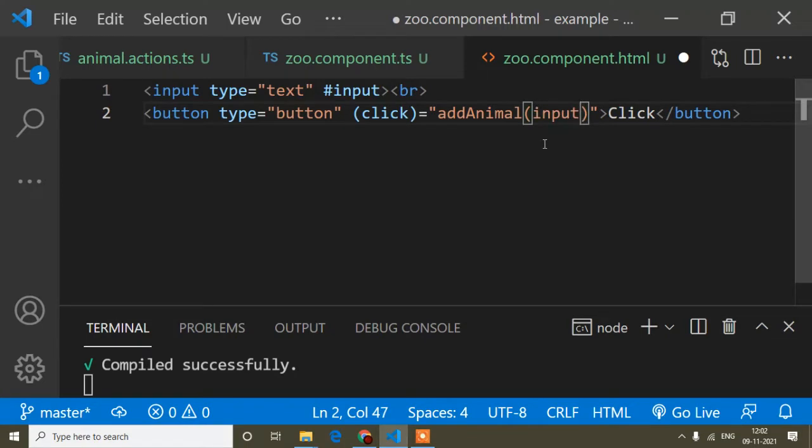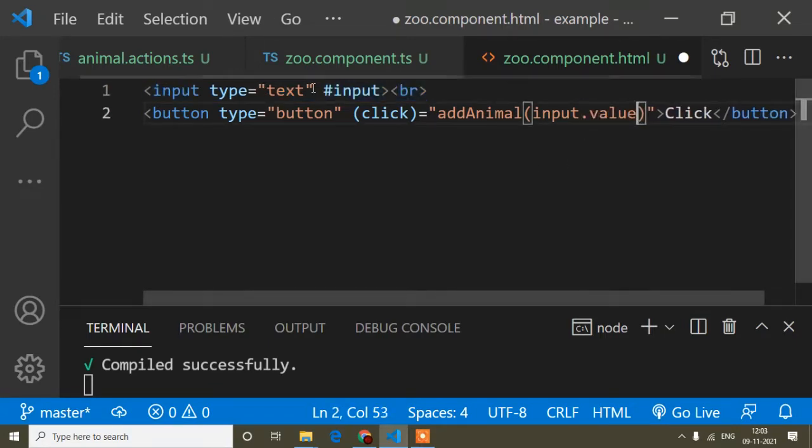What I want to do here is, whatever I type in this input field, I will pass that value as a parameter. So input.value, because whatever I type in this input field, that value I will pass. Input is the template reference variable, which means this input field's reference is this one. You can write any name instead of input, like id, anything. Whatever you write here, you have to pass it, and .value means I will get this input field's value here as a parameter.